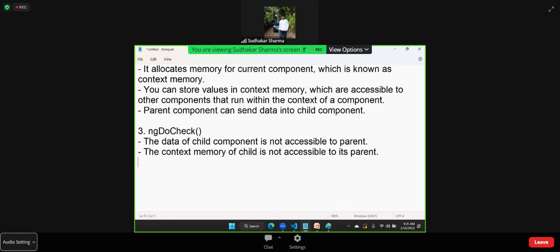Then what have we done? How did we transport the data from child to parent? Yeah, by using what? Output. By using Output and by using EventEmitter. By using a custom event, right? That means, so ngDoCheck, that means